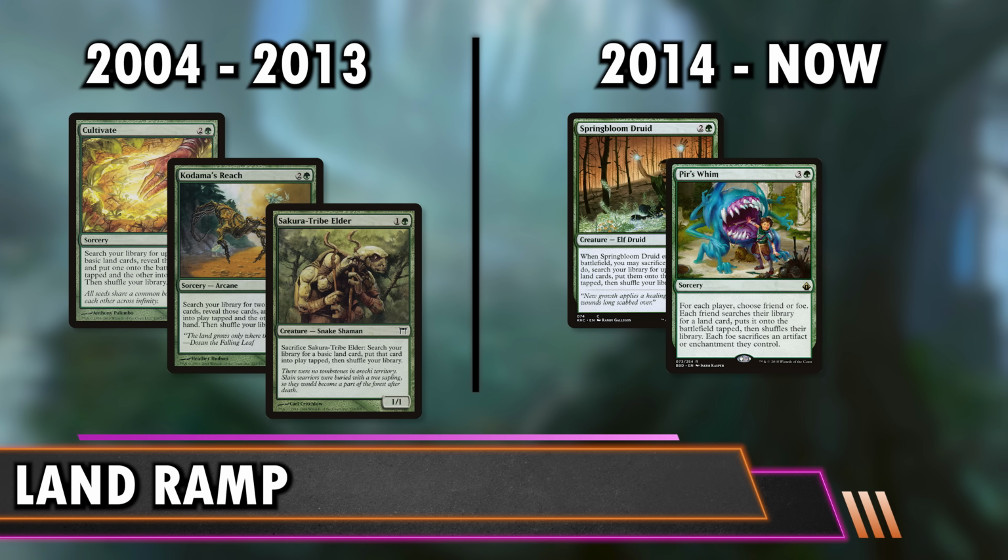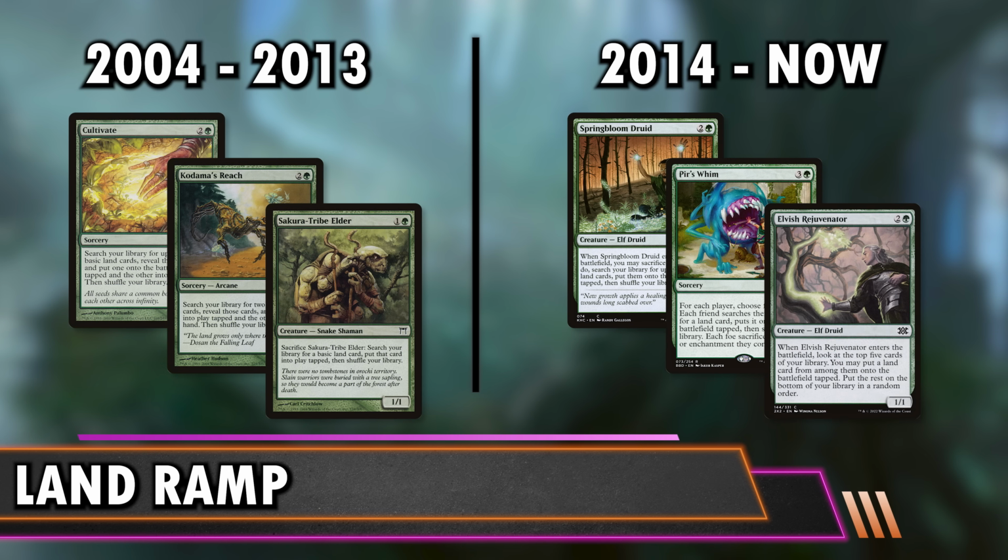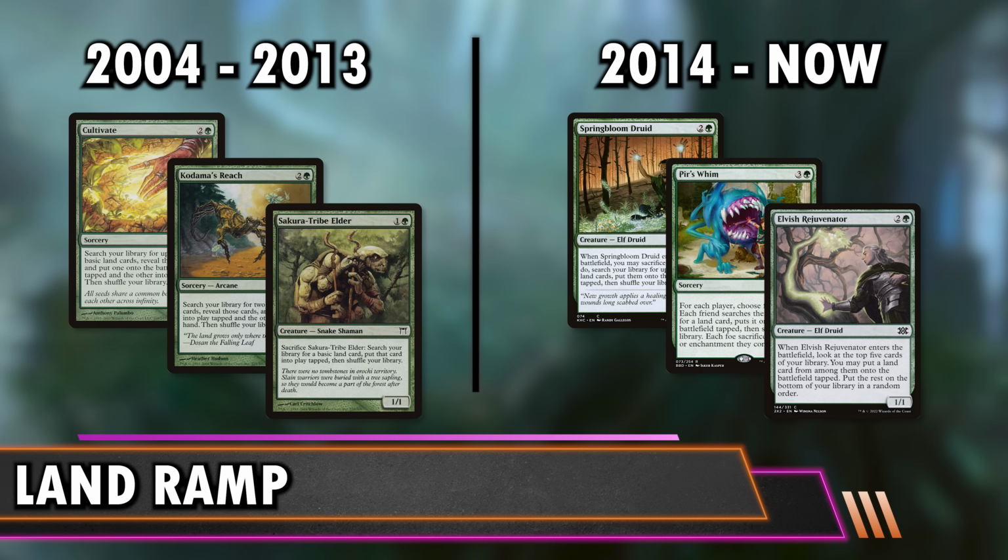They do have their homes, but I do think that the older ones win out considering their versatility. Yeah, we chalk in Elvish Rejuvenator into the new category. Add that onto the list, but I still think, and maybe we have to go more on what the general consensus is, I think the community would say that Cultivate and Kodama's Reach beat out Springbloom, Pier's Whim, and Elvish Rejuvenator,